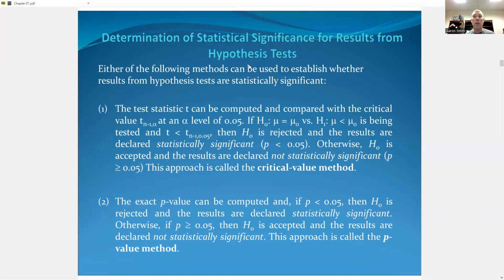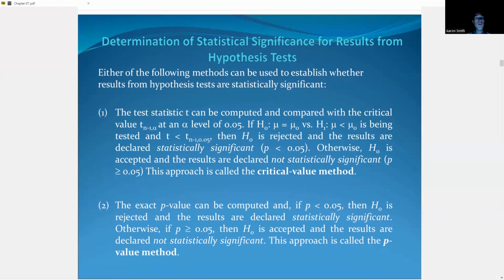Determination of statistical significance for results from hypothesis tests. Either of the following methods can be used to establish whether results from hypothesis tests are statistically significant. 1. The test statistic T can be computed and compared with the critical value at the alpha significance level of 0.05. If the null of mu greater than or equal to the hypothesized value versus the alternative of mu strictly less than the hypothesized value is being tested, and T is strictly less than that cutoff,